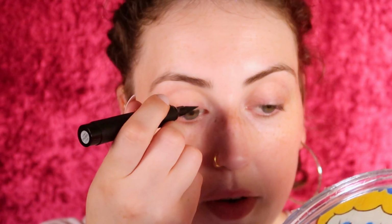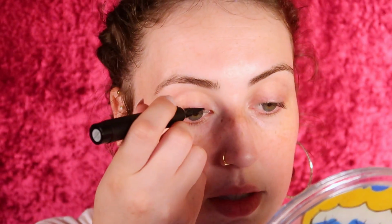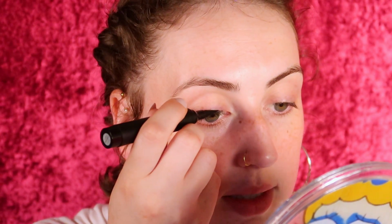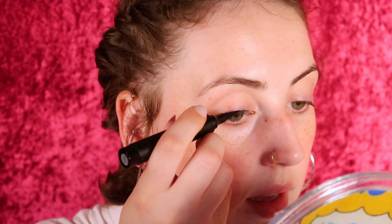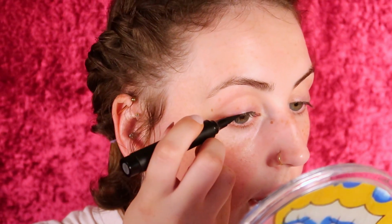We're gonna start at the front edge of my lashes and we're just gonna make a small little line. And we're gonna gradually add to it and pull it across. With makeup, it all works the exact same way, and that is you can always add more. It's really hard to take things away. Just a little bit at a time when you're starting out, add some eyeliner and just follow the natural curve